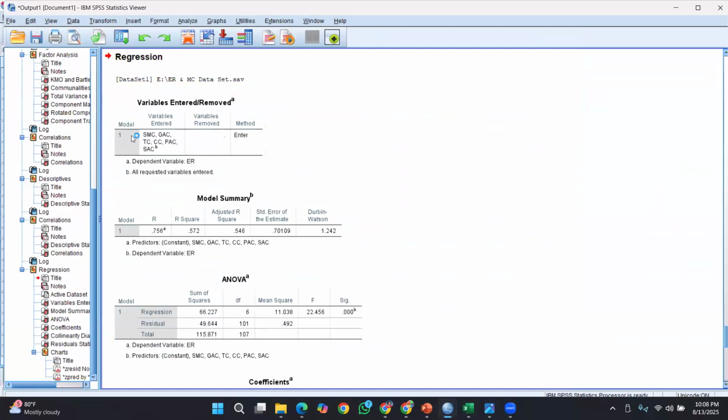Now you have got this result. You can see the variables entered and removed, and this is the model summary. Based on that, the R square value is the one that we are interpreting.